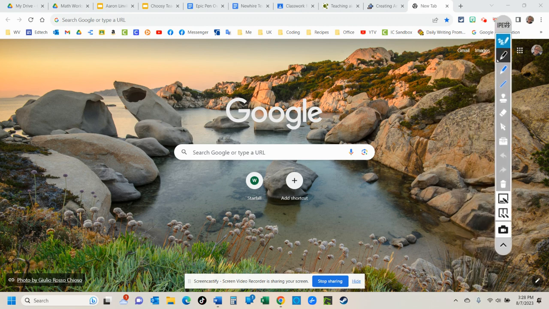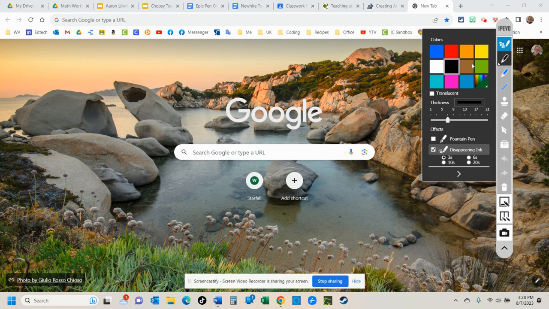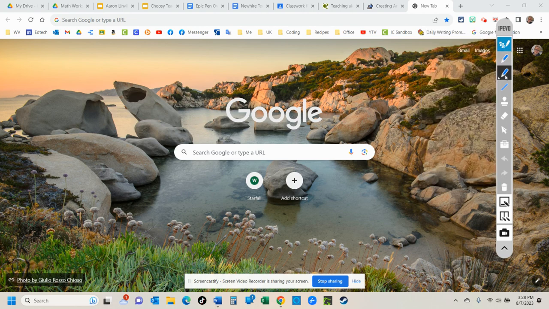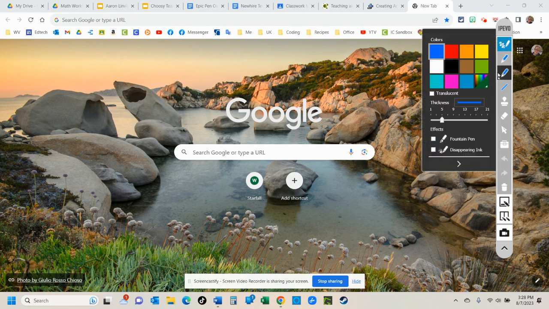I'm going to move that up here so we can see all of the different tools in here. And I just wanted to show you how these work. So in annotation mode, I have two primary pens and I can choose two different colors. Like maybe I want this one to be blue and I want this one to be green. I can also choose the thickness of the line